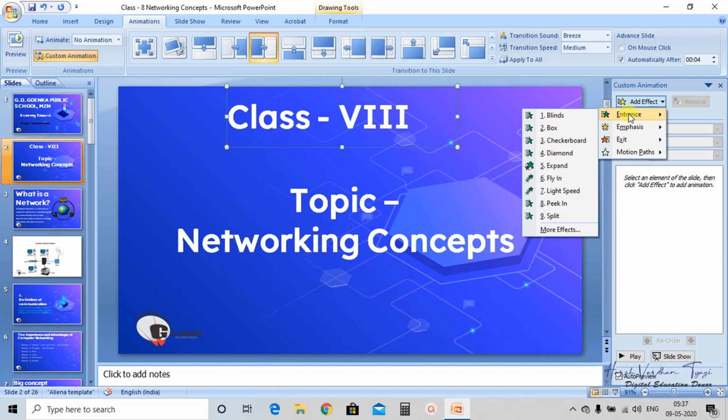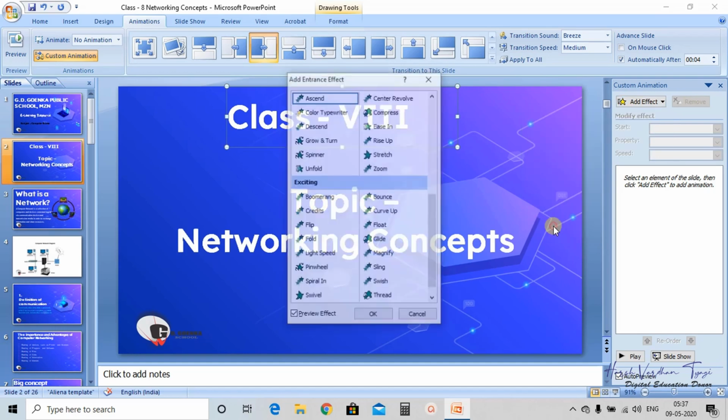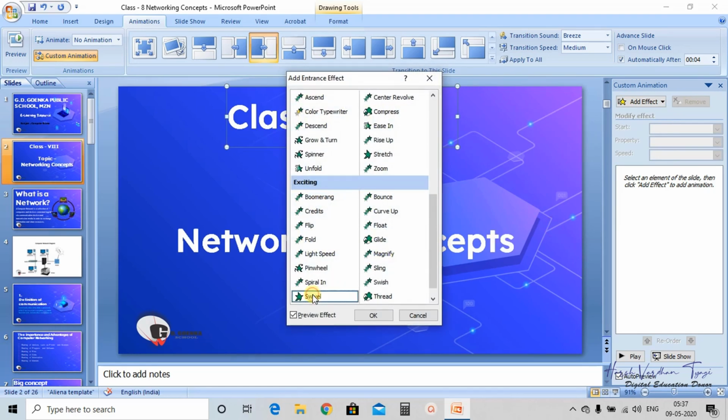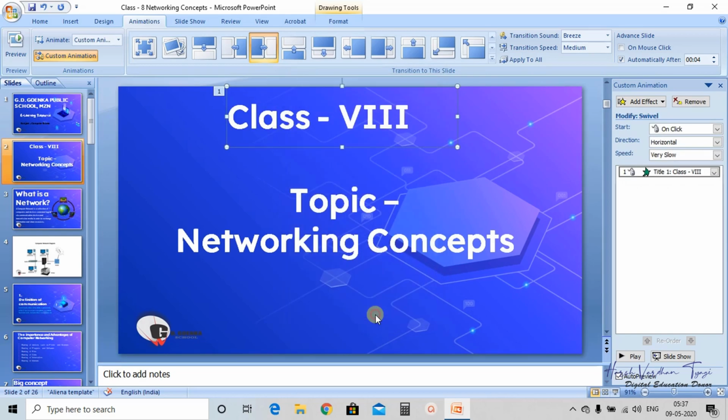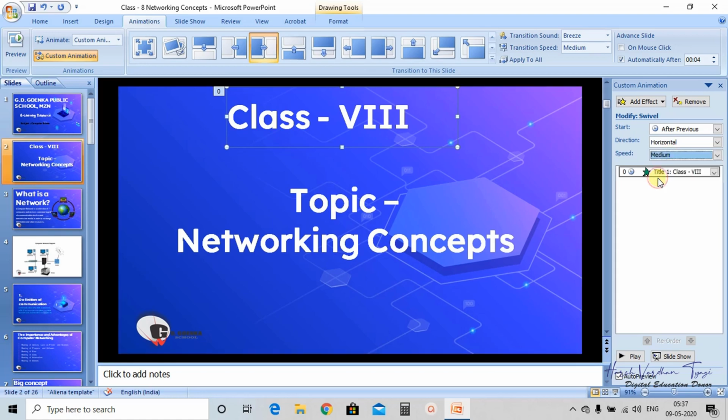Now entrance, more effect, okay, after previous, because first the slide will come with a transition effect, then only this text will appear, and it's medium.